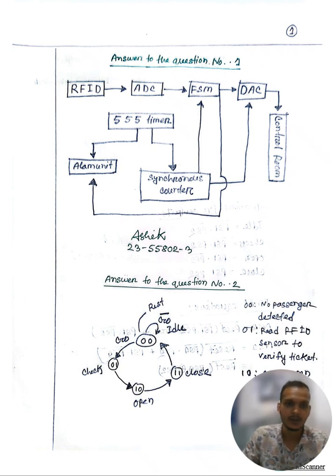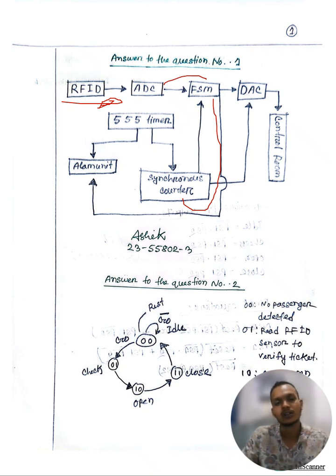When someone closes the yellow line, the RFID sensor generates a pulse, and this pulse is an analog signal. This analog signal is converted to a digital signal, and this digital signal goes to the FSM and the counter. The counter increments by one. The new counter is sent as a digital signal, and this digital signal goes to a converter to convert it to an analog signal, and this analog signal goes to